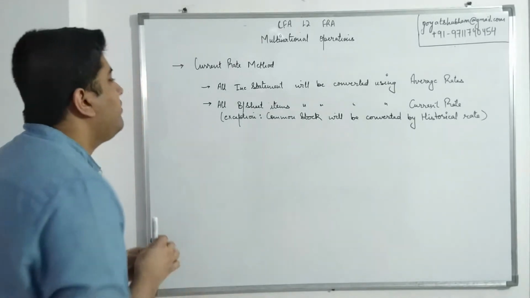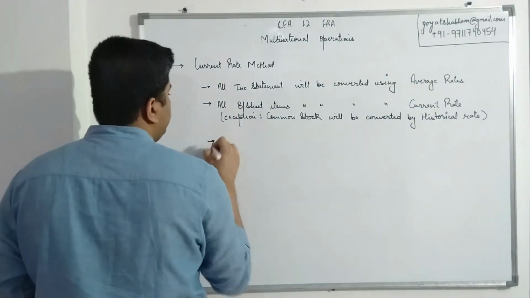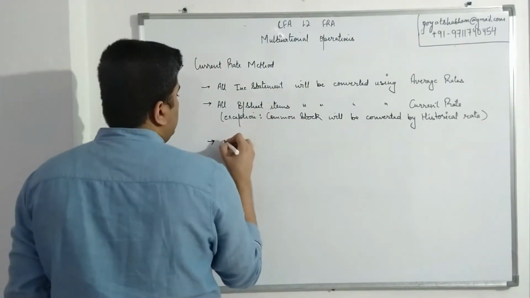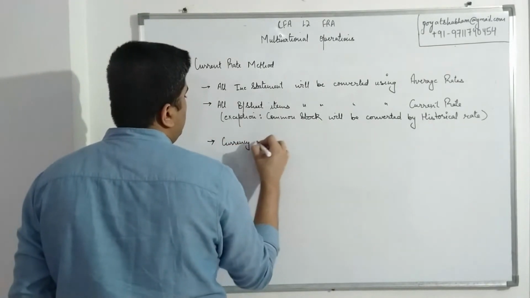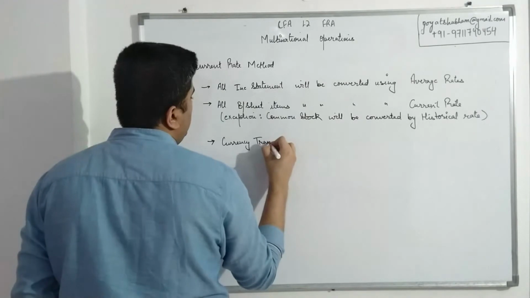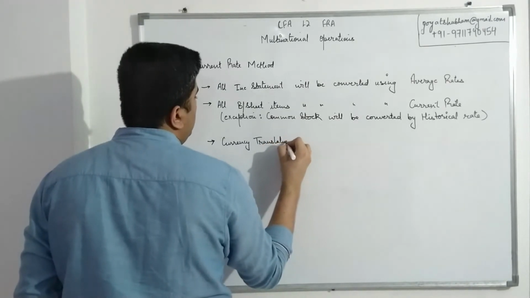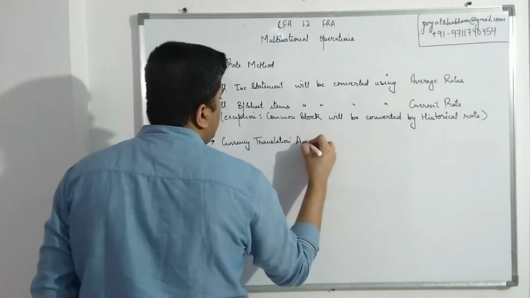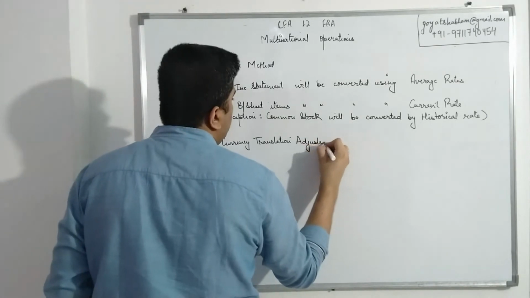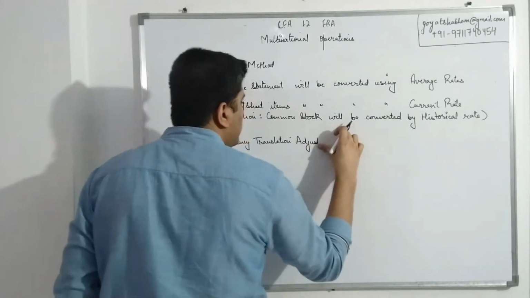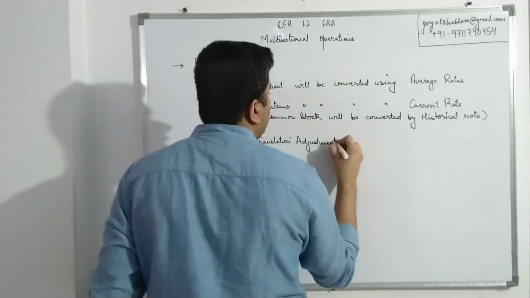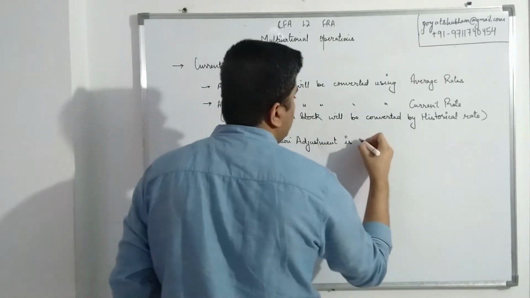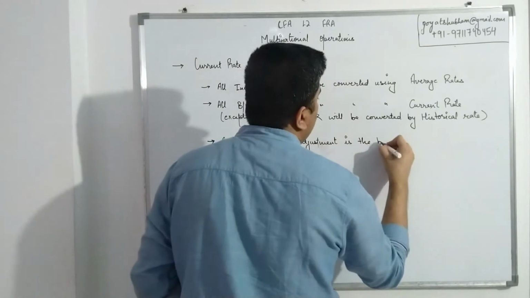So in that specific case, currency translation adjustment is the balancing figure